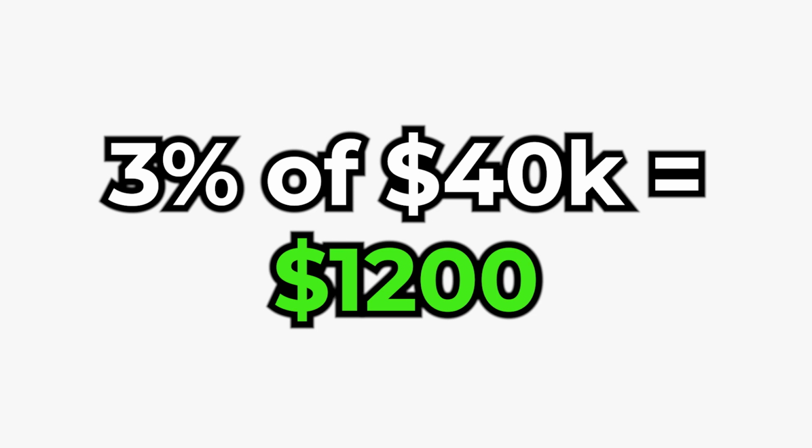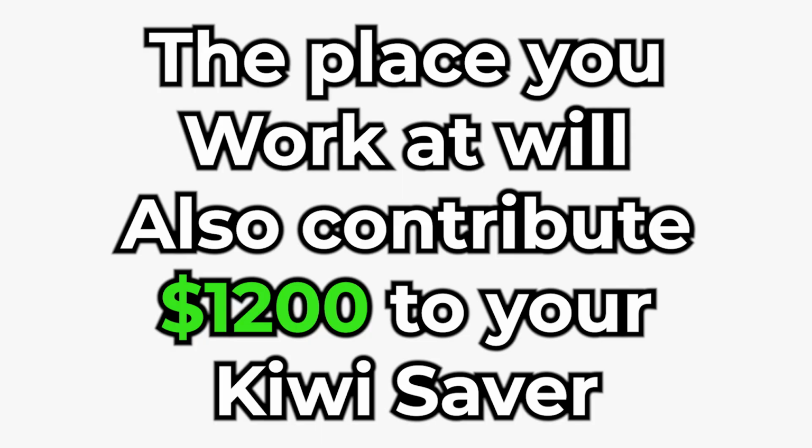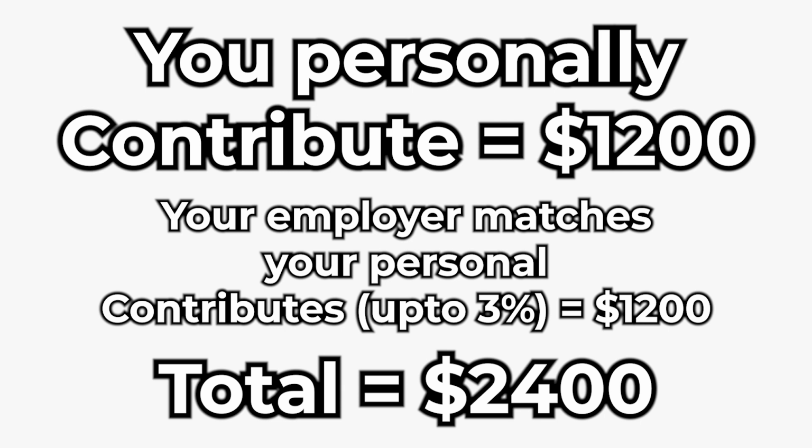And for this scenario, I'm going to make the assumption that this person that earns 40k a year contributes 3% of their income towards their KiwiSaver. That means you would personally contribute $1,200 per year into your KiwiSaver. And one of, if not the biggest advantages of having a KiwiSaver is that your employer has to match your personal KiwiSaver contributions up to 3%. That means the place that you work at also has to contribute $1,200 to your KiwiSaver,